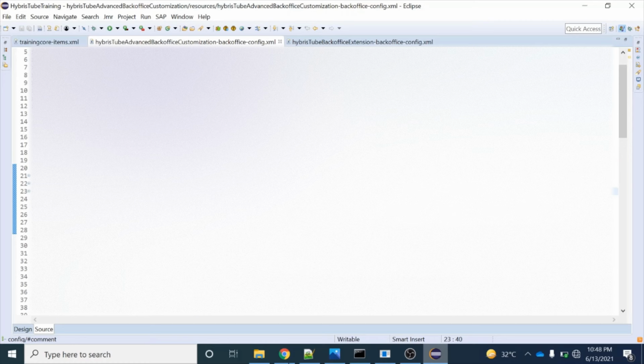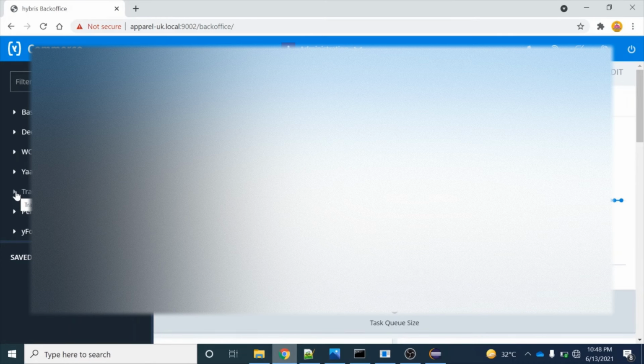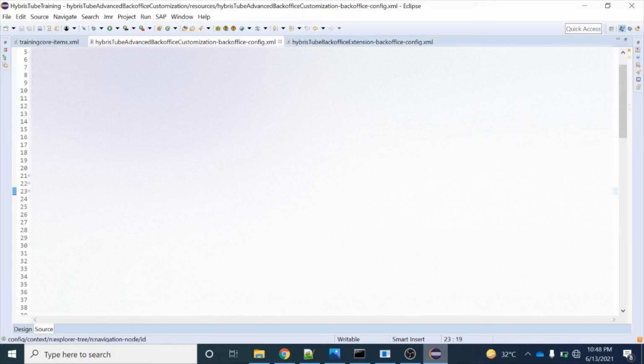If I just scroll down a bit, you will see that we have this training product, right? You can see we do have this training product tree node added here. If I open this training product node, you can see we have type here. As in the navigation node, we have mentioned type as product. We can mention one or more types inside a particular node. For example, now we have mentioned only one type. You can mention n number of types inside a particular tree node, right? I hope this is clear to you.